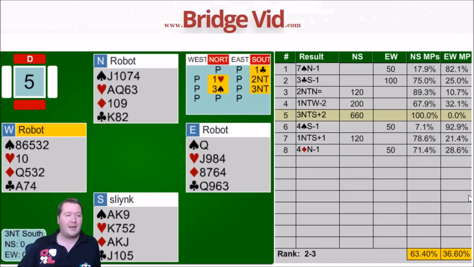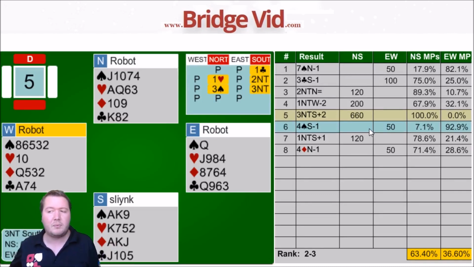Board 5, I chose not to actually play in my heart fit. Scored 100% there, and hearts didn't break, which didn't really matter because I had the same tricks whether hearts broke or not. I just guess more people would have scored 11 tricks. Technically, if hearts broke and so forth, then some people might have guessed clubs, but I still would have got